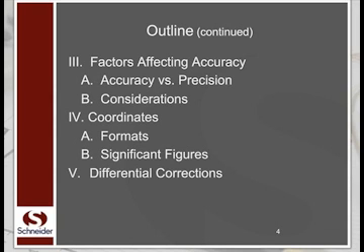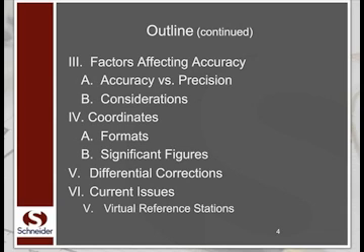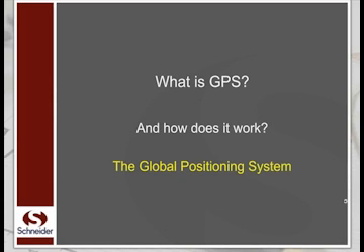And then we'll wrap up talking a little bit about differential corrections and the different ways we can accomplish that to get higher accuracies. And then finally, we'll talk briefly about some current issues that some people, I'm sure, are familiar with, and spend a little bit of time there, and then have some time for questions at the end. Light squared is probably something that a lot of people have heard about in the GPS world.